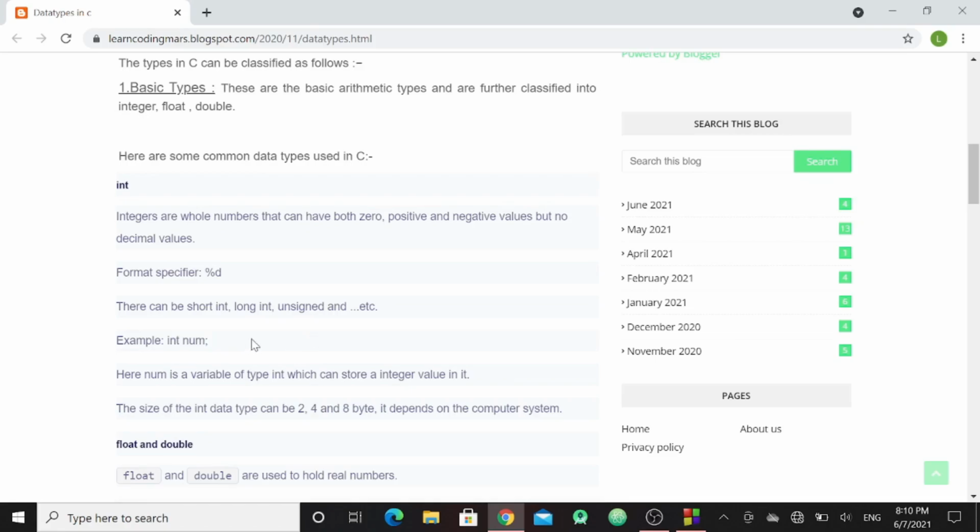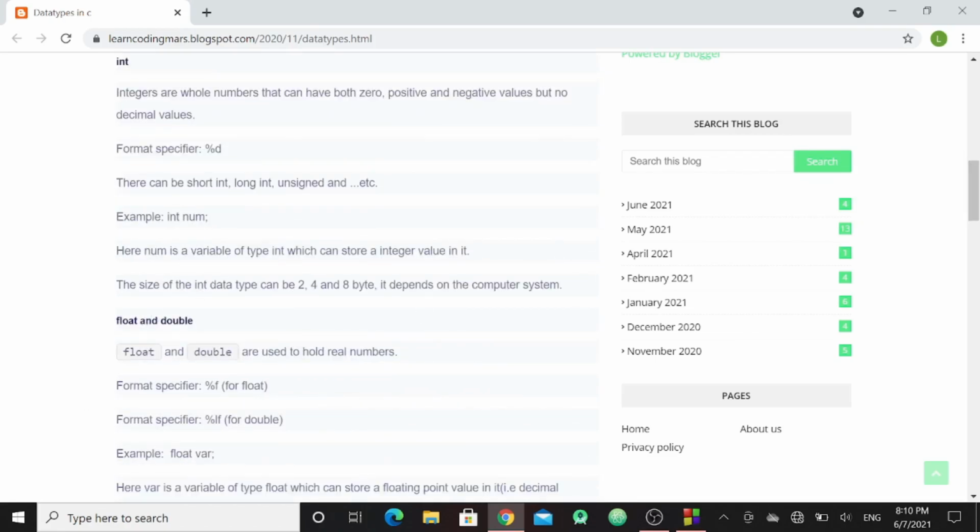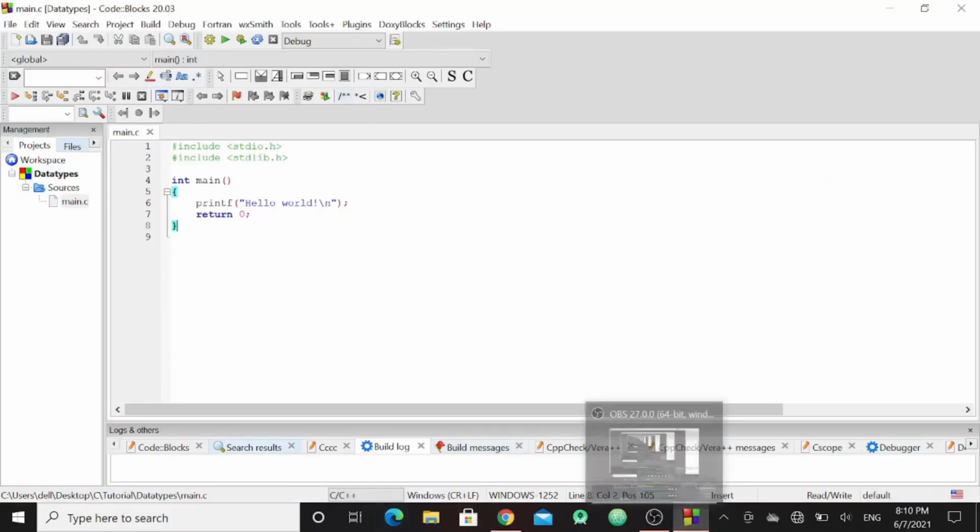For example, int n. The size of the int data type can be 2, 4 or 8, depending on the computer system you use. Based on that it takes its size. Coming to Code::Blocks, you don't worry about this. You write int a. Here a is a variable, don't worry about this, we'll cover this in the upcoming videos.